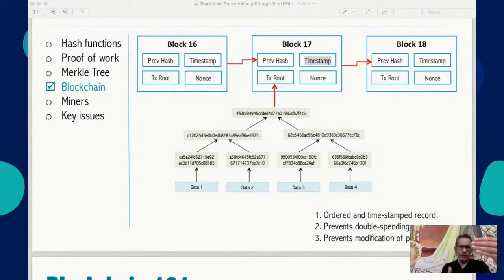And people say, okay, let me verify. Yes, this is all correct. The nonce matches. Done. This block is now mined. Now let me follow this fellow and start with the next block. 17 is done. I'm starting with 18, and all the miners again start competing with each other for the